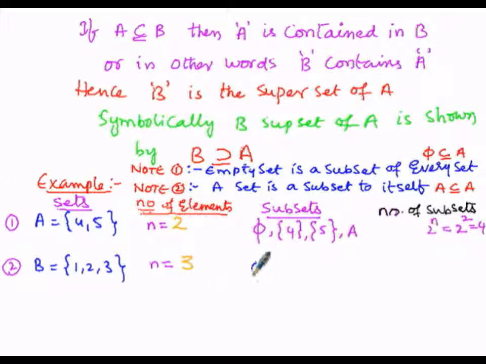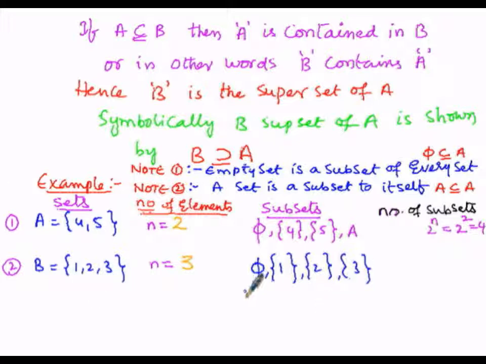Phi, that is the empty set, is a subset of every set, that is B, comma, then now the set consisting of only one element, that is 1, is also a subset of B, because this set is consisting of 1 which is also present in this set B, comma, the set consisting of only 2, so this is also a subset of B, comma, the set consisting of the element 3. The element of this set, 3, is also present in this particular set B. So therefore this is also a subset of B.